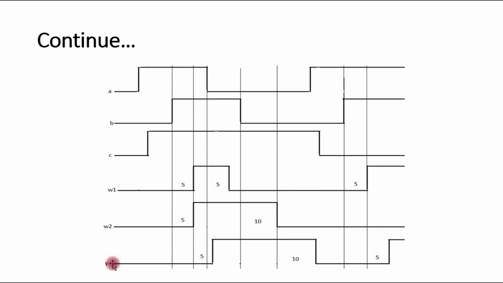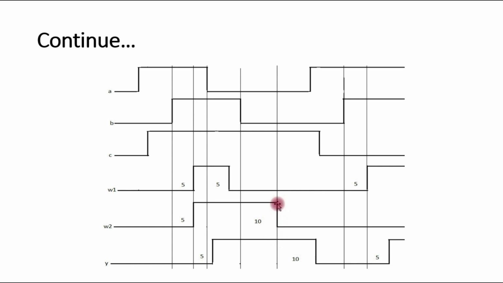The output Y is the OR function of W1 and W2. If any input is at logic 1, then output will be at logic 1 in case of OR gate. So up to here, both signals are at logic 0. Then one signal is at logic 1 up to here. This effect should reflect after the rise delay, and rise delay for OR gate is 5 units. So after 5 units the signal goes to logic 1